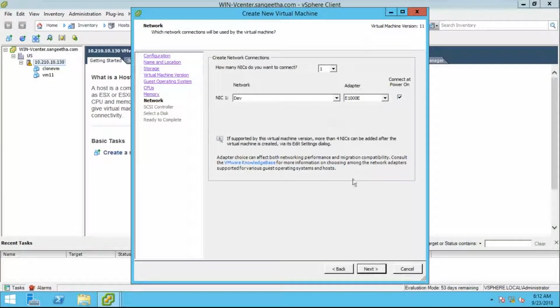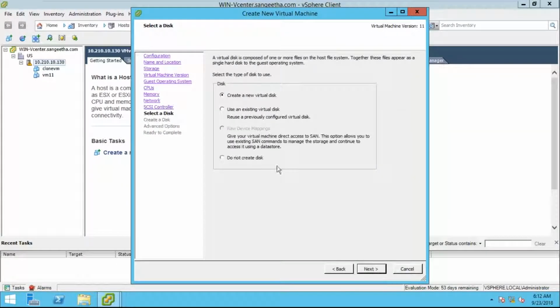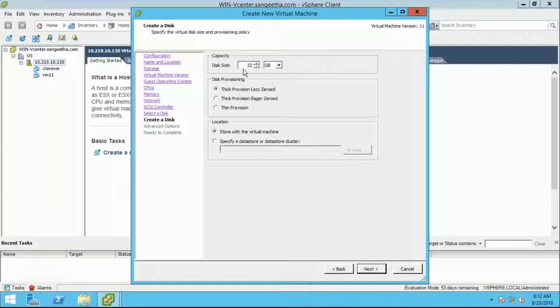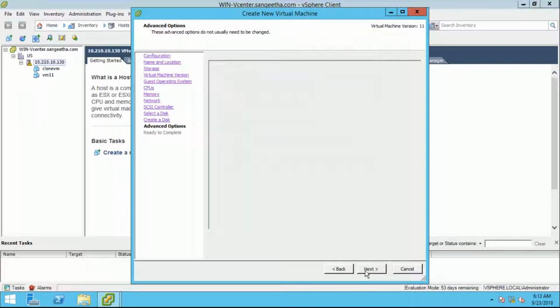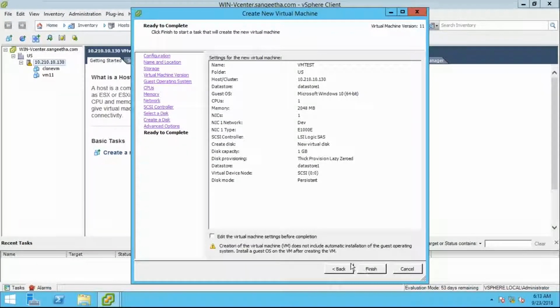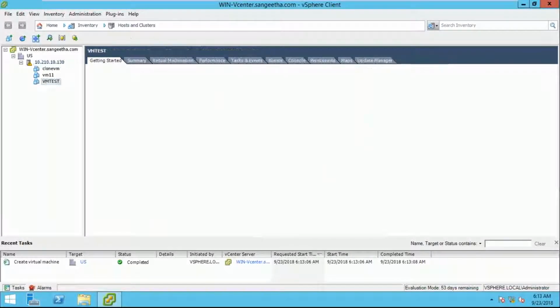So again the Ethernet network card. Next, I'll tell you the SCSI adapter. What controller is that? Then create a new virtual disk. This option is available only in the custom, not in the typical. So SCSI, I'll tell you, and finish. See, this many options are available in the custom, not in the typical. So once I click on test,